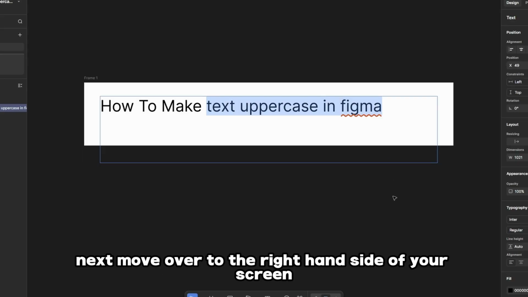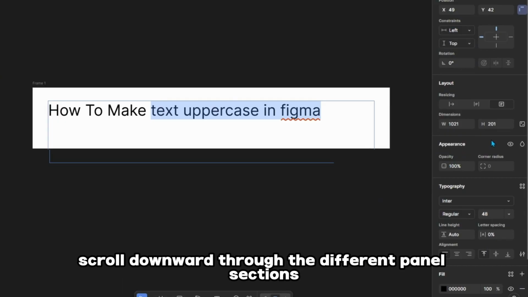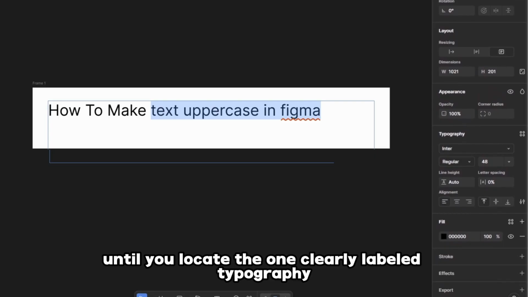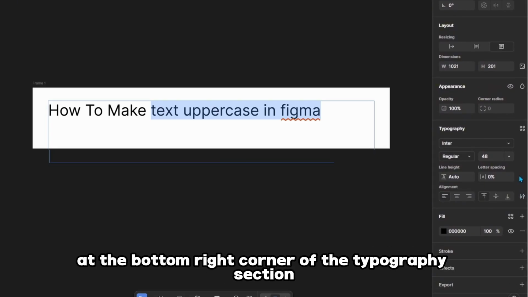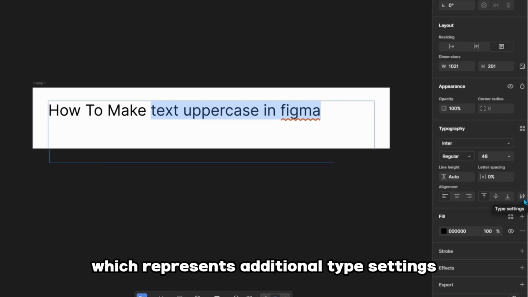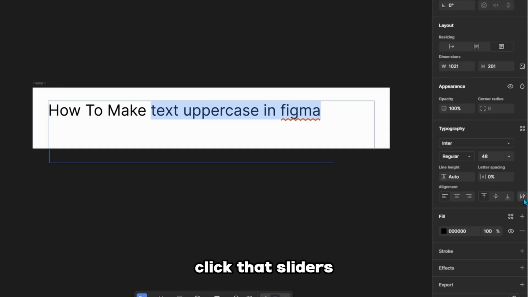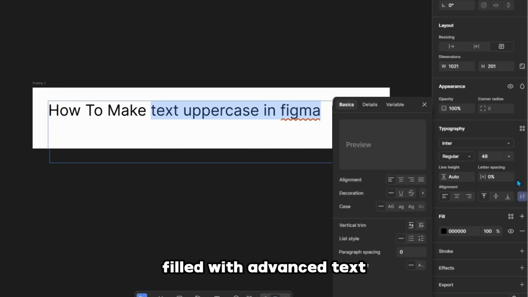Next, move over to the right-hand side of your screen where the Properties panel is located. Scroll downward through the different panel sections until you locate the one clearly labeled typography. Look carefully at the bottom right corner of the typography section where you will find a small sliders icon, which represents additional type settings. Click that sliders icon to open a new floating menu window filled with advanced text controls